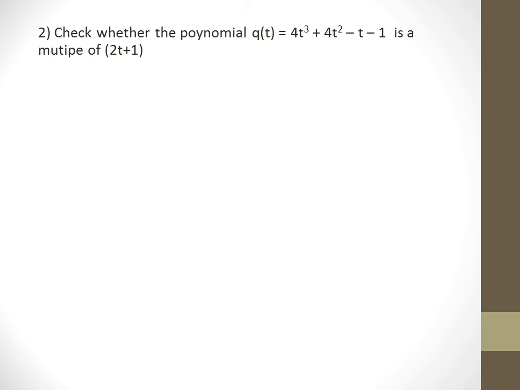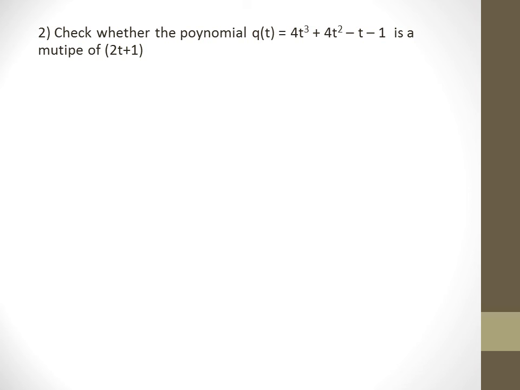So what they have asked is, any polynomial will be a multiple of another polynomial. When can we say this? Any number is a multiple of another number only when you divide a multiple by that number, its remainder will always be 0. For example, if the number is 36 and it is to be divided by 6, 36 is a multiple of 6. So if you divide 36 by 6, its remainder will always be 0. The same thing applies here in case of polynomials.